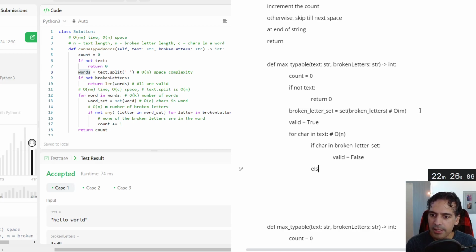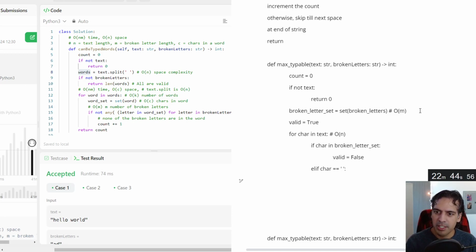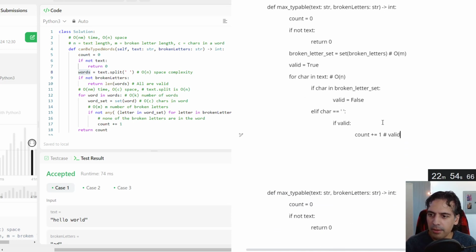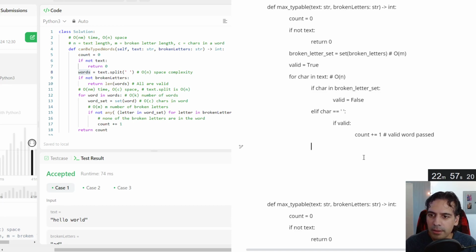Now, else if the char is equal to an empty space, and if valid, count plus 1, because we've had a valid word pass. Otherwise, and also we need to reset valid equals true again.